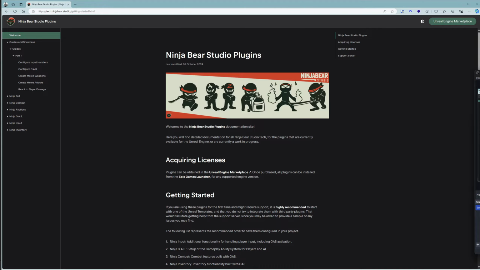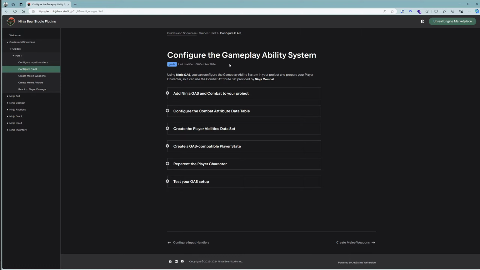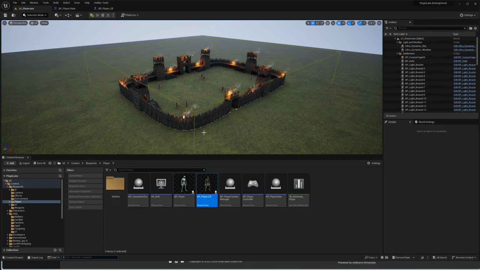Welcome back. In this video, I want to talk about the configuration of the gameplay ability system, which is a prerequisite for Ninja Combat. In the documentation site, you can find step-by-step instructions under Guides, Configure GAS, or Configure the Gameplay Ability System. In the engine, after having both plugins, Ninja GAS and Combat, installed, the first step is to